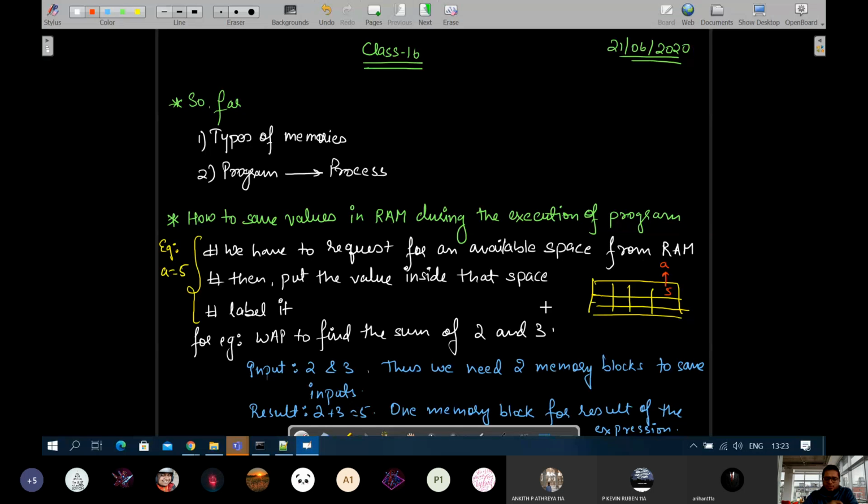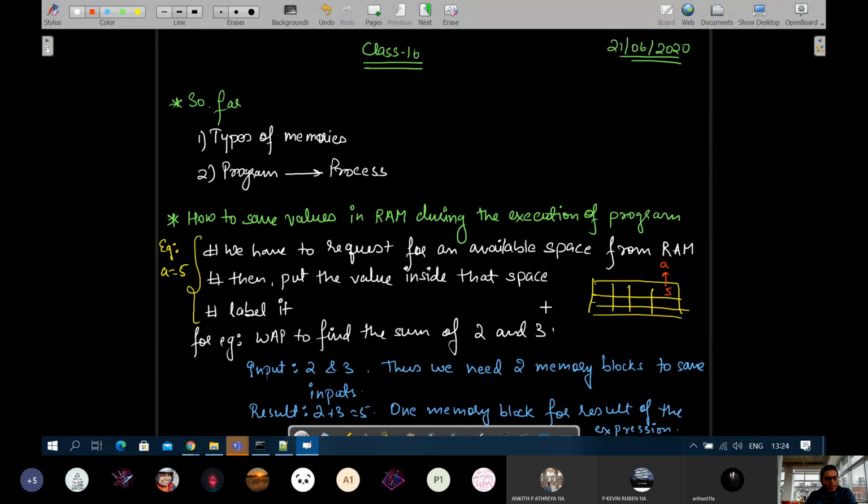Now, that is one of the reasons why RAM is known as random access. Why is it called random? Because the computer randomly looks for one of the available spaces and allocates it for storing values during the execution of the program. इसीलिए उस टाइप के मेमोरी को हम लोग रैंडम एक्सेस बोलते हैं, because the CPU will access it randomly.